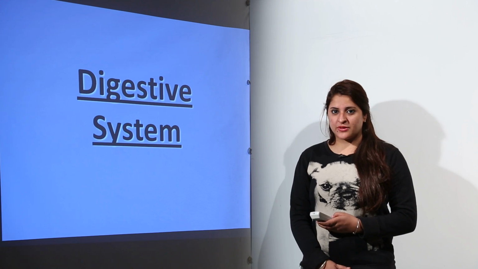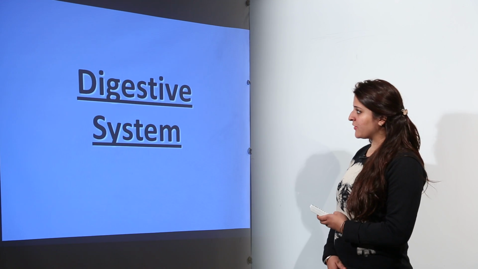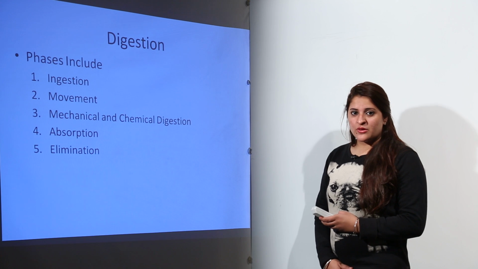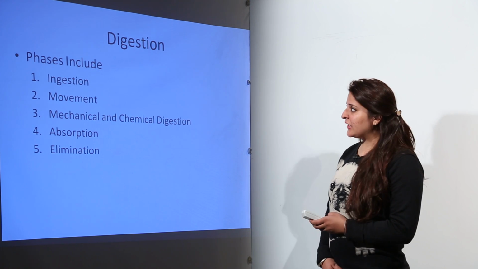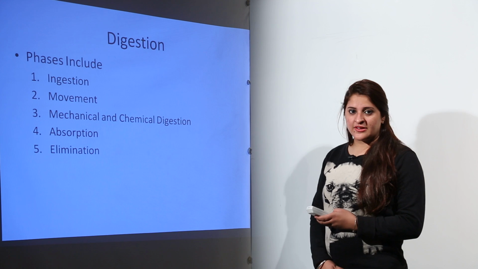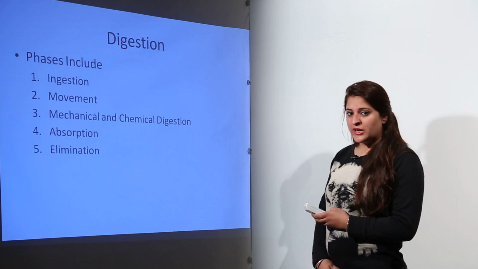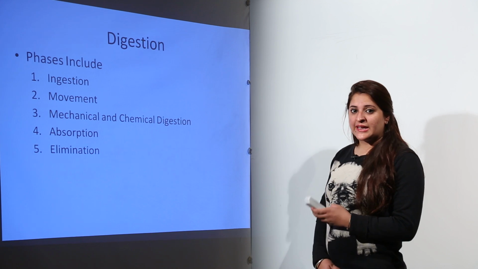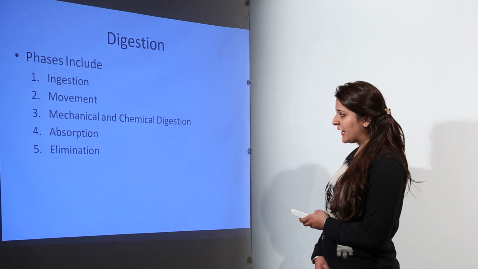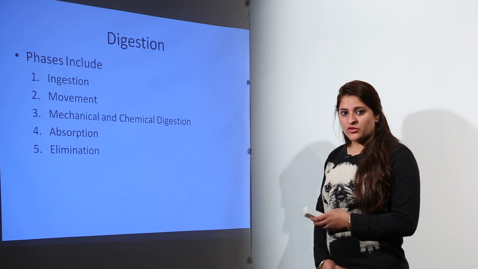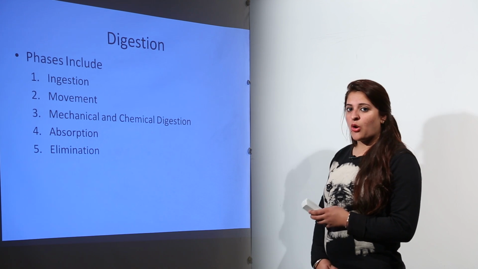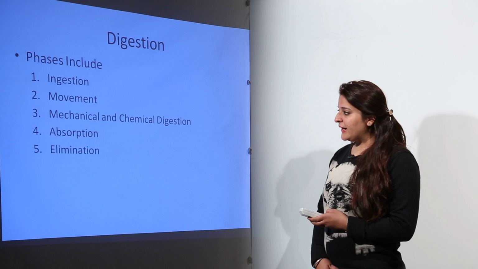Moving on to our next chapter, which is the digestive system. What are the different components and what are the different processes which are occurring during digestion? These phases include, first, the ingestion of food, and then the movement of food. The next part is mechanical and chemical digestion of the food that we intake. Later, absorption of this food takes place, and after absorption all the waste which is not absorbed is eliminated